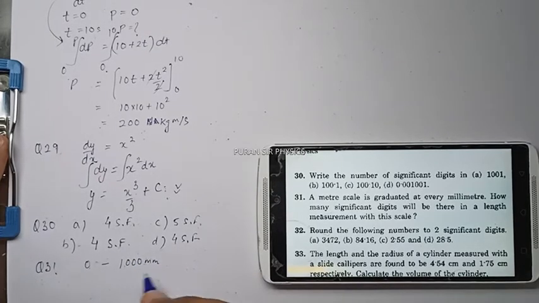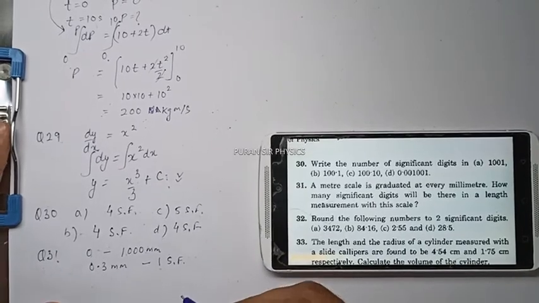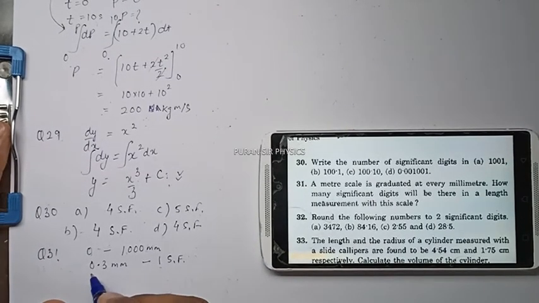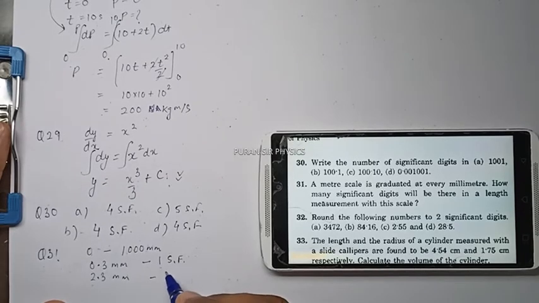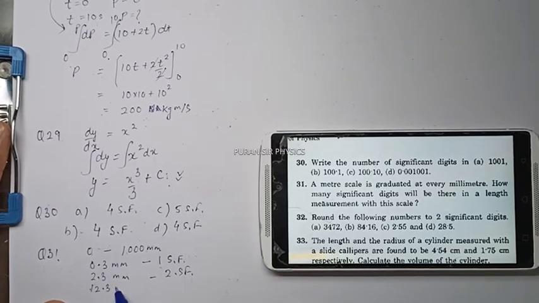Okay, so suppose I take a value 0.3 millimeter, it has one significant figure. Suppose I take a value of 2.3 millimeter, it has 2 significant figures. If I take say 12.3 millimeter,